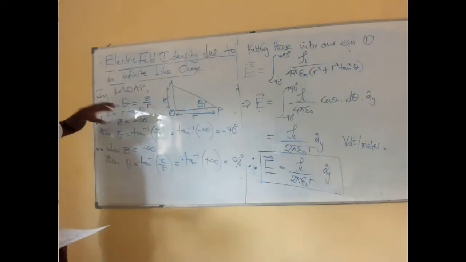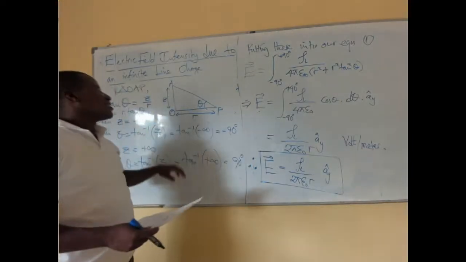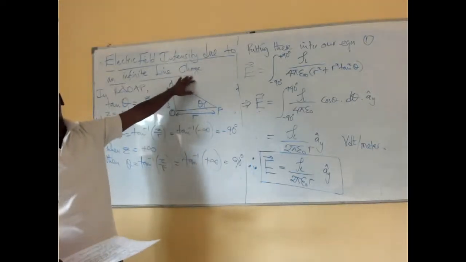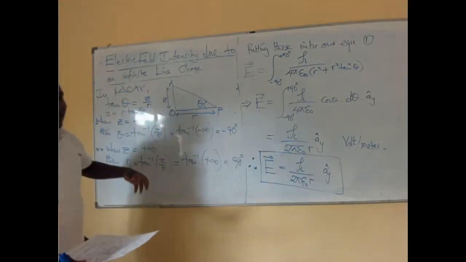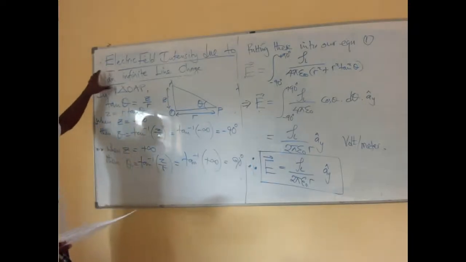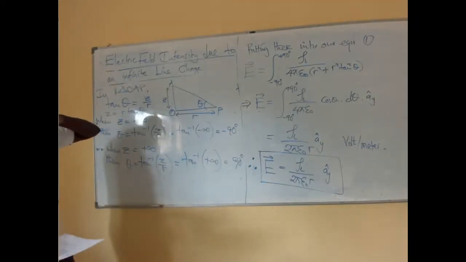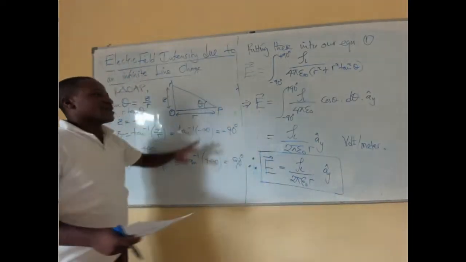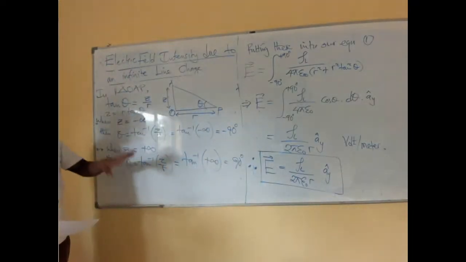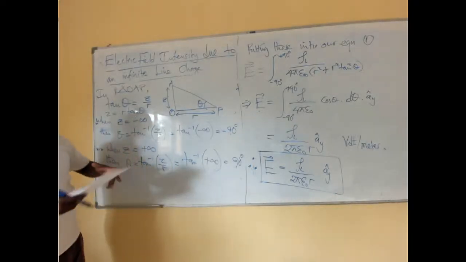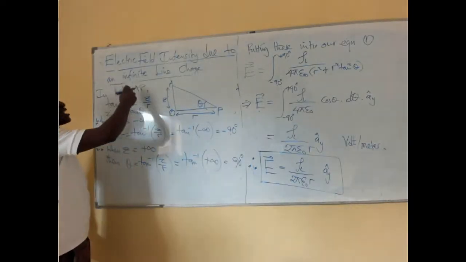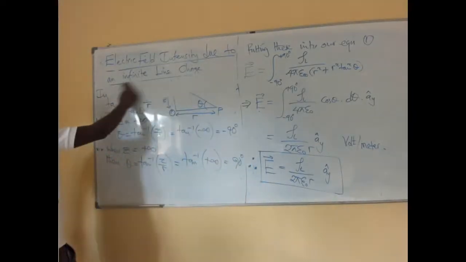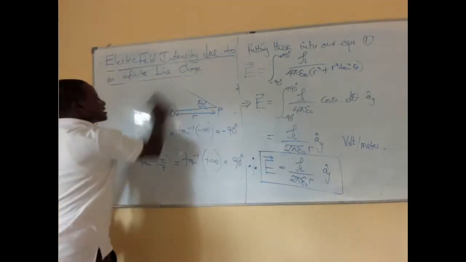Because normally what we see from students from the past is that you ask them about the infinite line charge, they give you the solution which they've memorized for the charge ring. You give them the cylinder, they give you the sphere. So that is the way it is. You don't need to memorize all this stuff, you just need to understand. The moment you see that you are looking at, for example, like this example that we are just talking about, the moment you see that you are actually